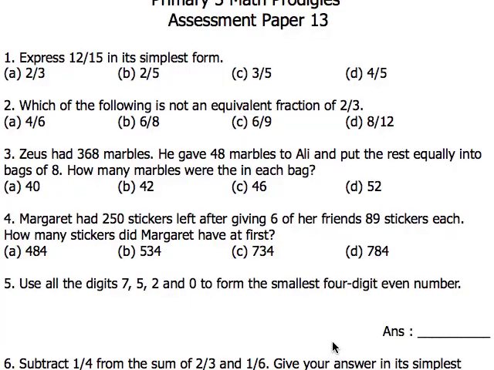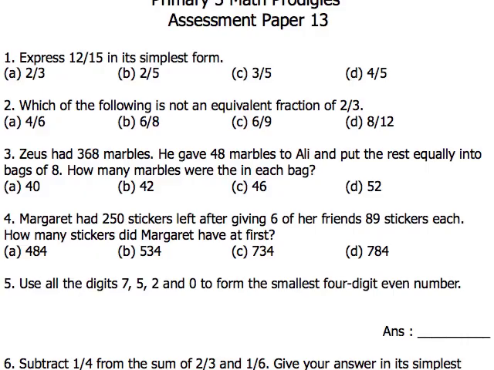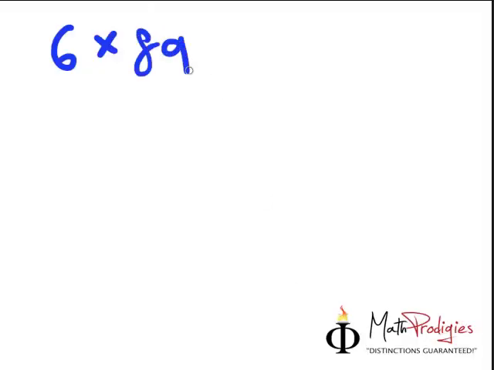Okay? And for question number 4: Margaret had 250 stickers left after giving 6 of her friends 89 stickers each. How many stickers did Margaret have first? Very simple. Okay, Margaret had 6 friends, correct? So how many did she give? She gave each person 89. So 6 times 89, you just do it